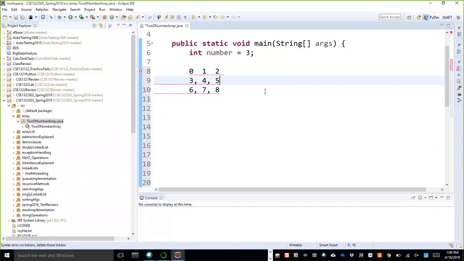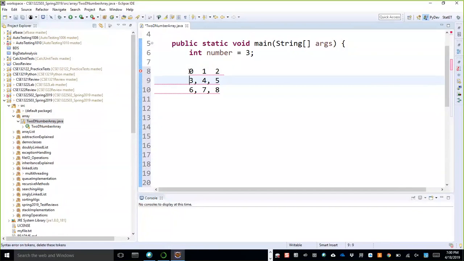If I understand how to access each of these elements, I can do whatever I want. I can add up the elements, find the maximum element, or find the minimum element.